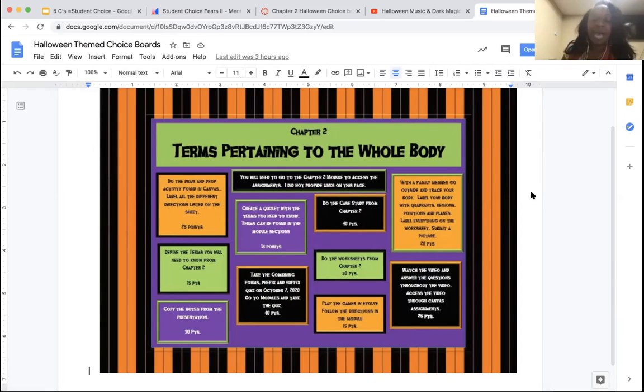It tells us at the top what's a component of a choice board. So one thing that needs to be on there is what we're studying, so students can make meaning of the activities that they are doing. We want them to be able to match those activities to what's actually taking place, what we're actually studying in class. Okay, and then it says you will need to go to the chapter 2 module to access